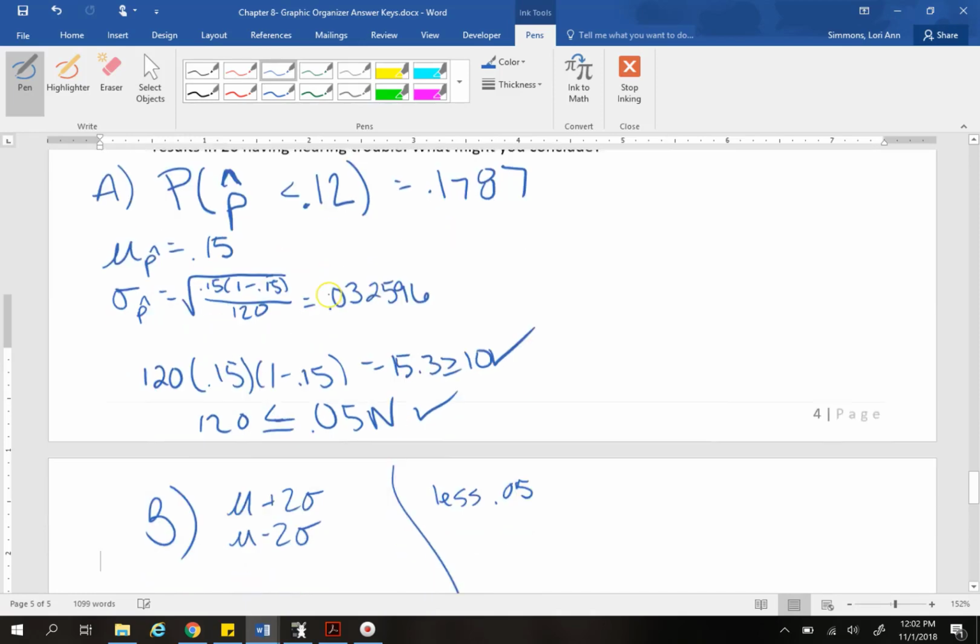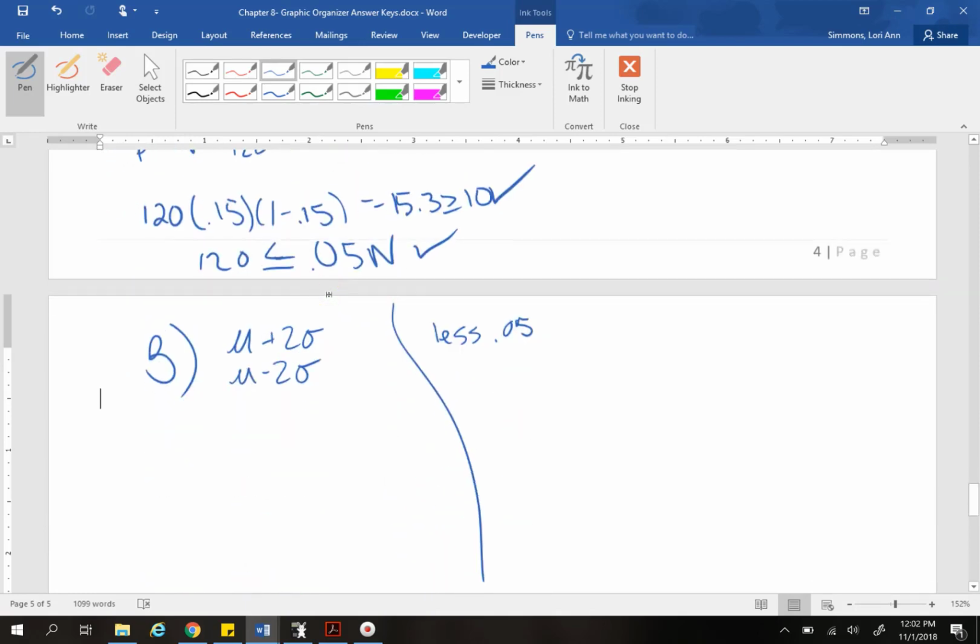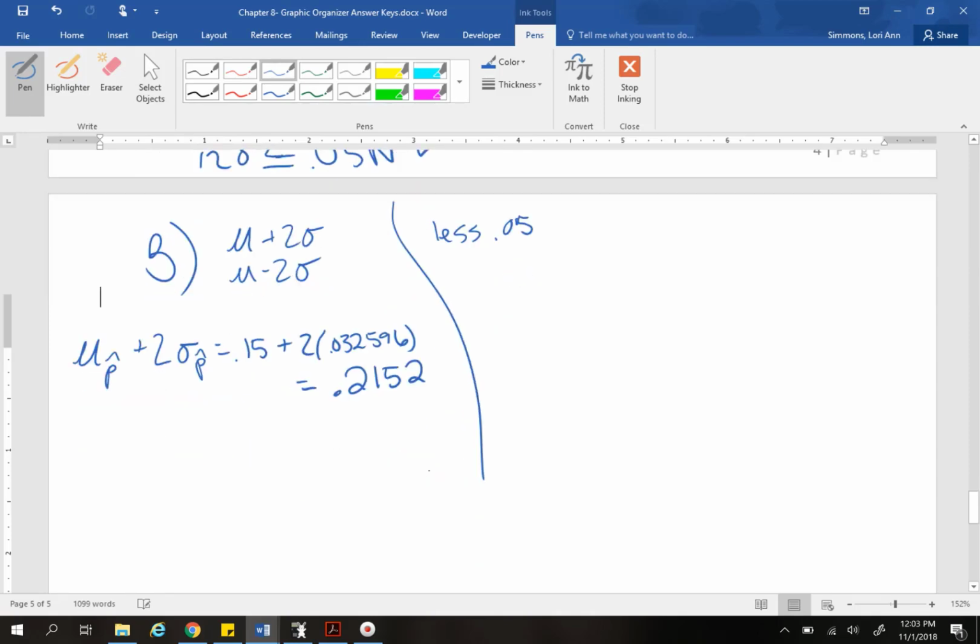Okay, so for this we can do the mu of p hat plus 2 times sigma p hat. That's going to be 0.15 plus 2 times 0.032596. So that's going to equal 0.2152. And then if we subtract,